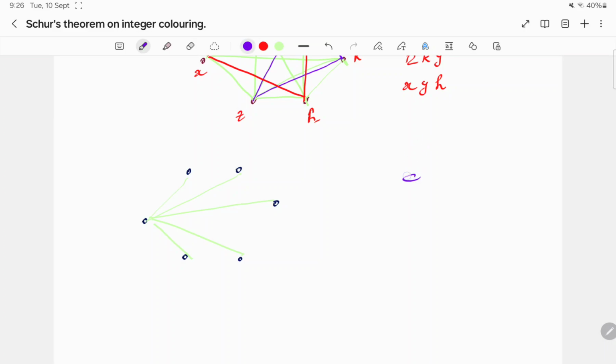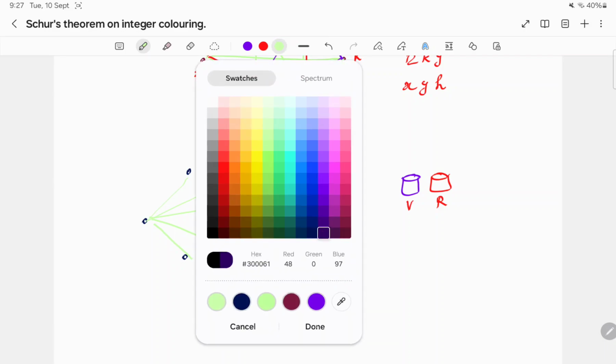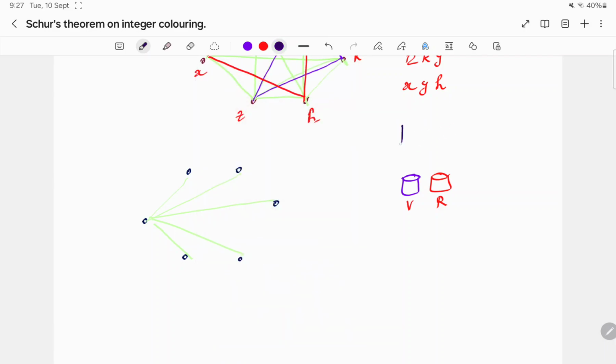So if I say there is a violet basket and a red basket, so these 5 edges must be colored by these two particular colors, violet or red, right? That is, in another way, what I am telling is I am putting all these 5 edges into one of these baskets,